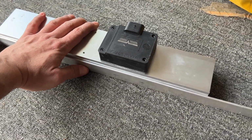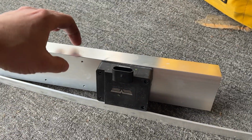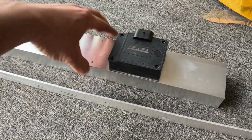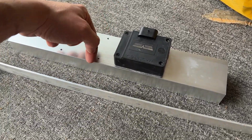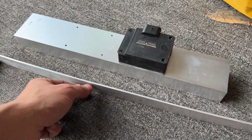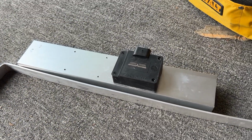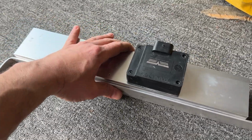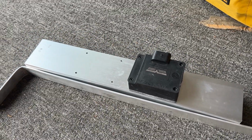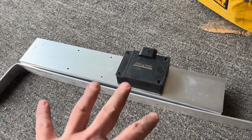I could place this here, drill some holes here, here, and maybe one in the middle, go all the way through, except don't penetrate this last one, and then put a short bolt through with a nut on this side. That would be a nice permanent fix. But I don't have the hardware with me right now, and I just want to get this done to show you guys that you can make something like this pretty cheap and simple and have a giant heatsink